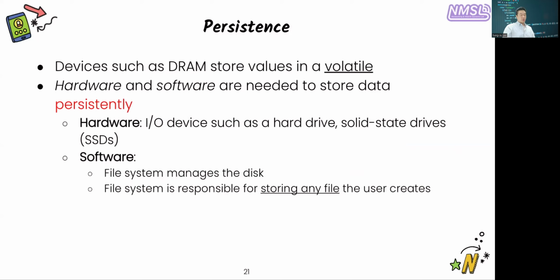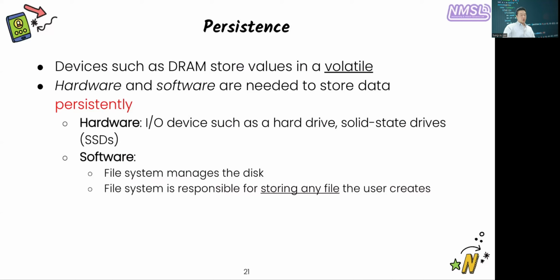So we need to have some persistence because devices such as DRAM store values in a volatile way, right? This is dynamic, it's not forever. So if it crashes, right, you might lose it. So there need to be some hardware and some software